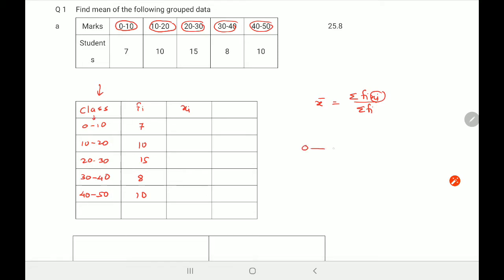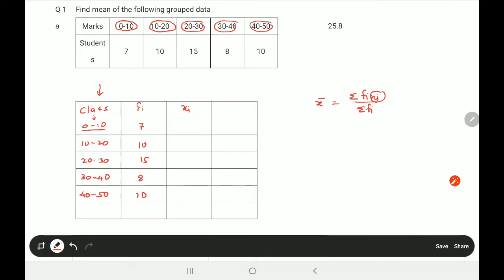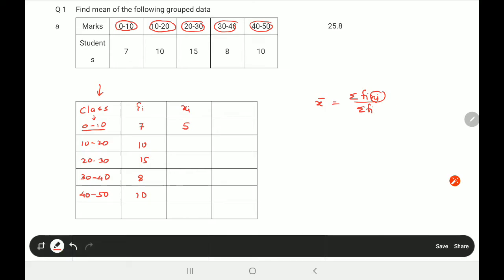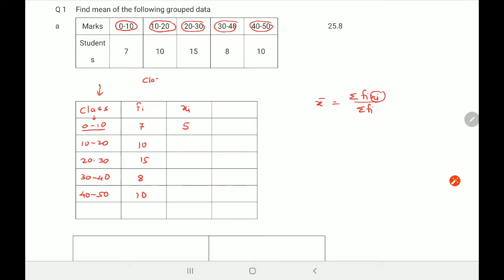Center 0 to 10 का center क्या होना चाहिए? It is 5. So that is nothing but our xi. So from 0 to 10, we consider the mean of it. That means the center of it. That is 5. But if I just say center of it, how will you find it out? Now that's the problem. तो वो formula होना चाहिए. xi is called a class mark,